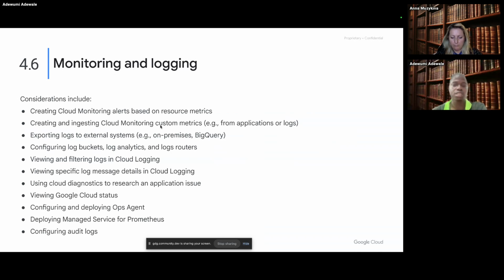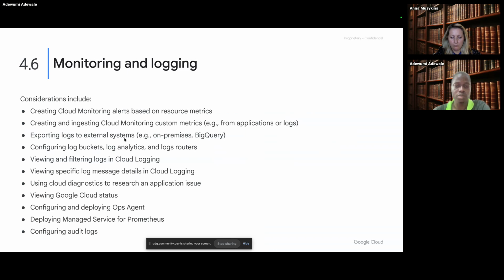So you can set up a metric for your infrastructure, maybe whenever the compute engine CPU is getting to 80%, you can set a log to notify you and to monitor. So you are able to study what is going on in your infrastructure. As a cloud engineer, you are expected to set up cloud monitoring custom metrics,